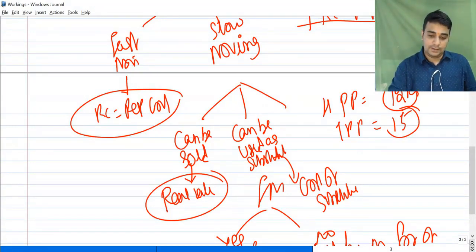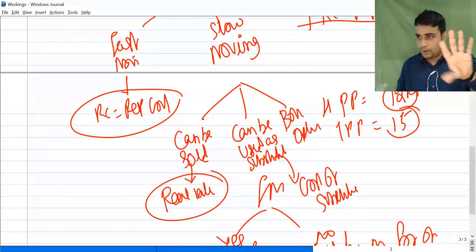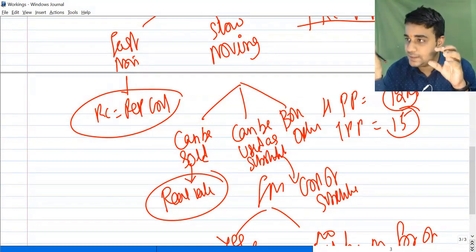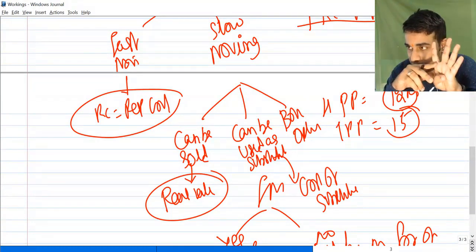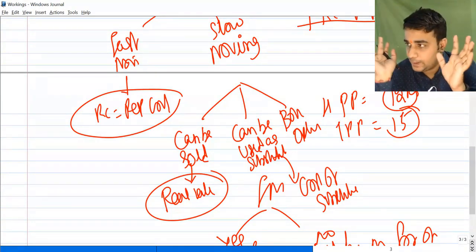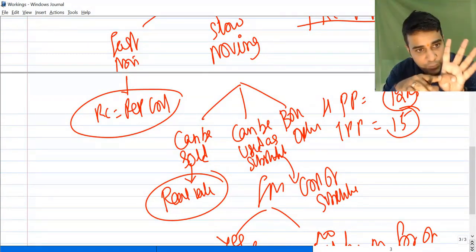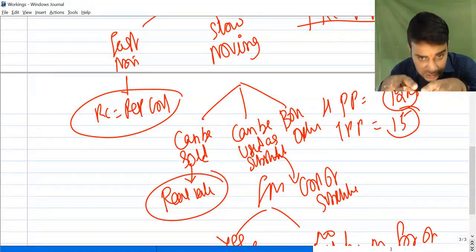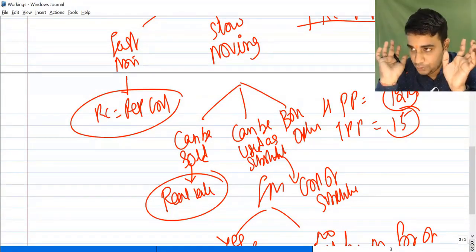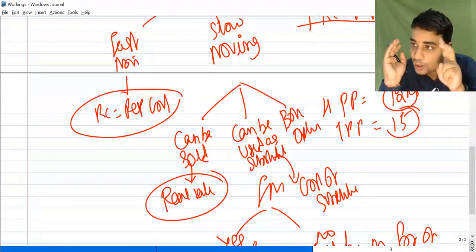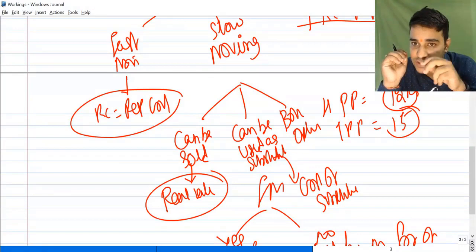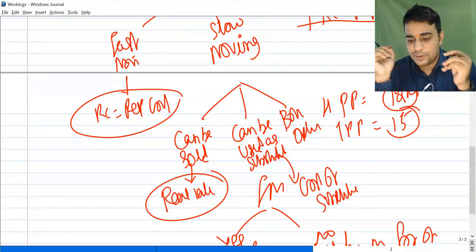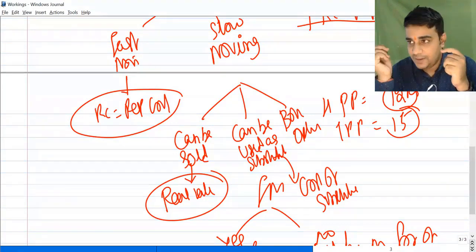Sometimes both options will be there. That is, you can sell it, you can also use it as a substitute. Now ignore relevant costing for the time being. I had 500 units in stock. No new project, nothing. You can sell this for 4 rupees, or you can use it as a substitute for material C, which costs 12 rupees. If you are the storekeeper, what will you do with this material? Sell or use as a substitute? Why use as a substitute? Because the saving is more than what you get.